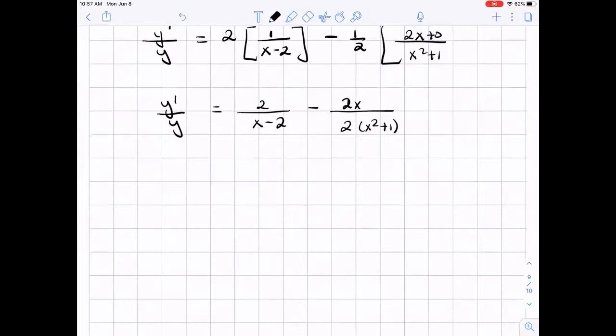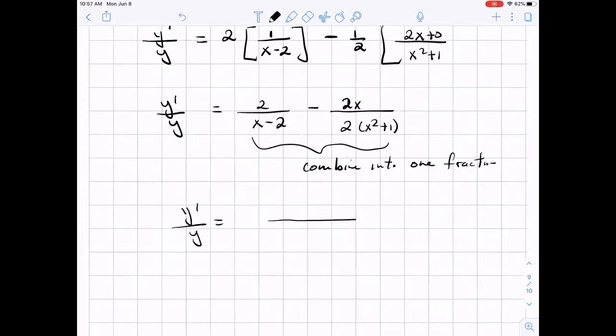If we find a common denominator, we can combine into one fraction. So y prime over y is equal to, the common denominator is x minus 2, okay? This here is the same as 2x squared plus 2 if you want, okay? So times 2x squared plus 2,